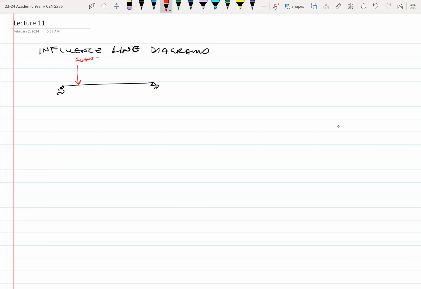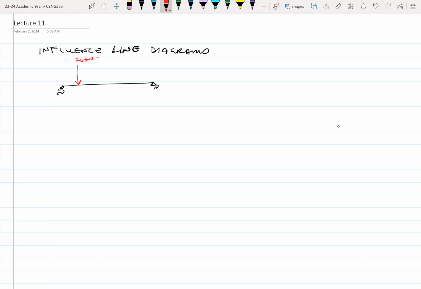Because let's say at every second this car moves. So at every second you need to come back, find your reactions, and draw the shear force diagram, right? So if it's going to take the car about, assuming it's 10 meters, and every second it covers even